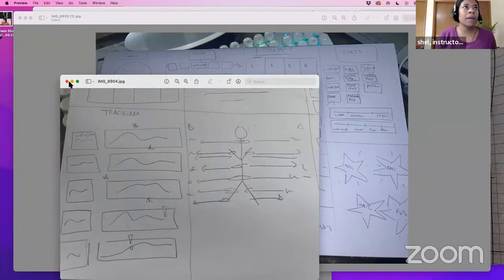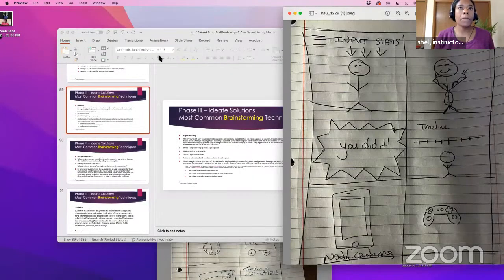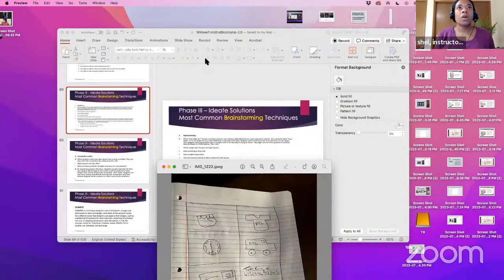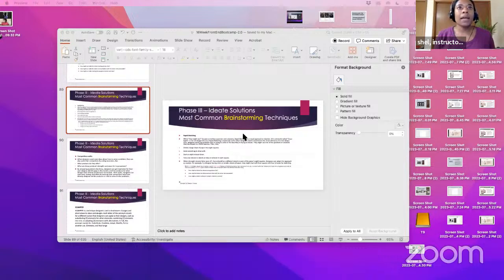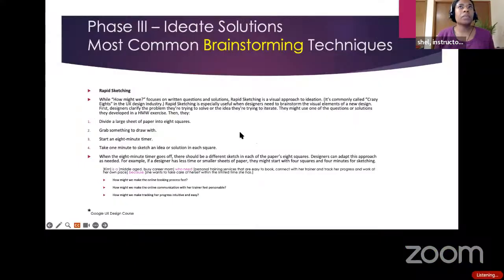So let's look at some of the other brainstorming processes outside of rapid sketch, also known as crazy eights. Some other ones are, let me pop this down. This was Janelle's, I'm going to revisit later. So yeah, we just reviewed this one. Going over to current. So some other brainstorming techniques are